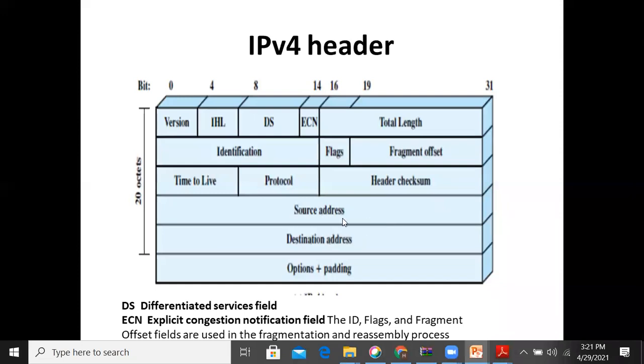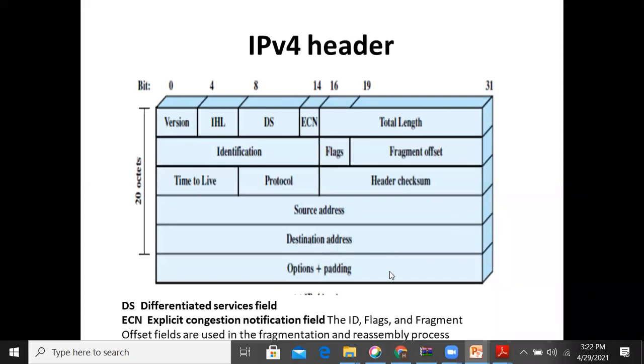Here, for the source and destination addresses, we are going to mention the logical addressing, that is, the IP address of the source system and the IP address of the destination system. So the logical addresses we are going to mention in this one, source and destination address.